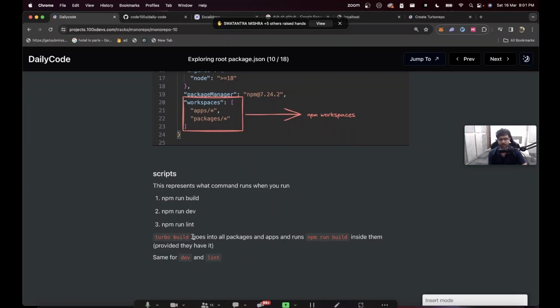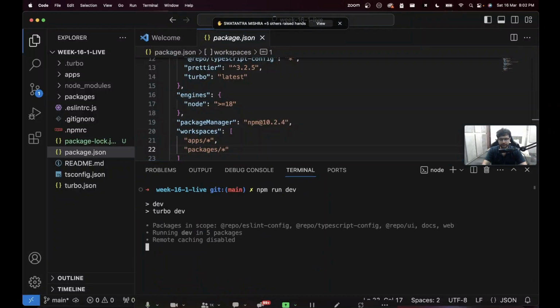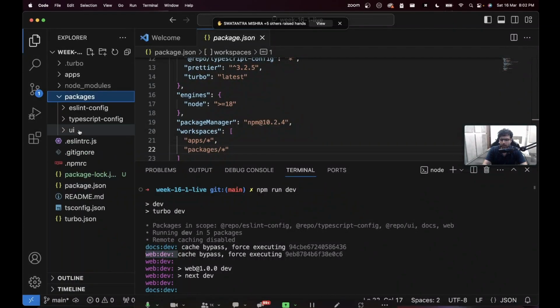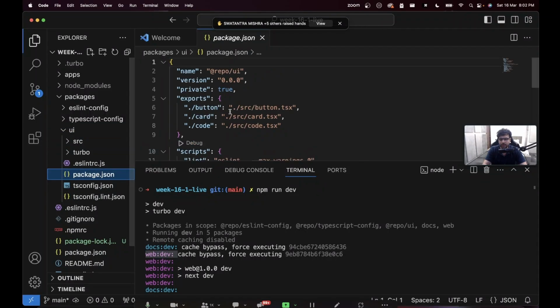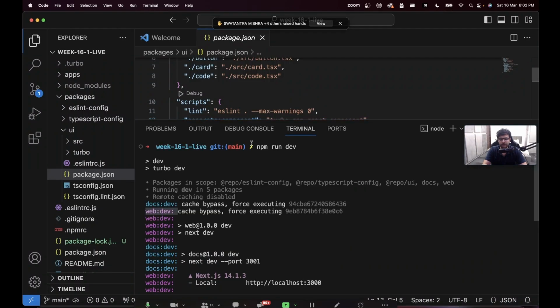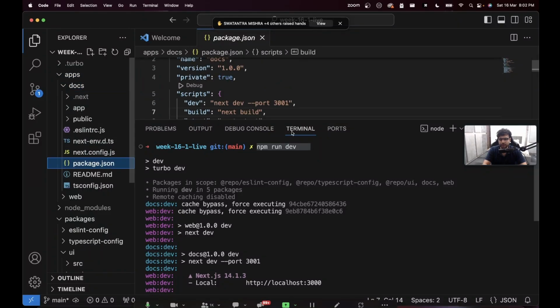When you run turbo build, when you run npm run build, turbo build goes into all the packages and apps and runs npm run build inside them, provided they have it. For example, if I go to my root folder and run npm run dev, you will see it starts two things: docs dev, web dev. It does not start UI dev because UI/package.json does not have a dev script. If you look at it, it has a lint script, something else, does not have a dev script, which is why if in the root folder I run npm run dev, it goes into